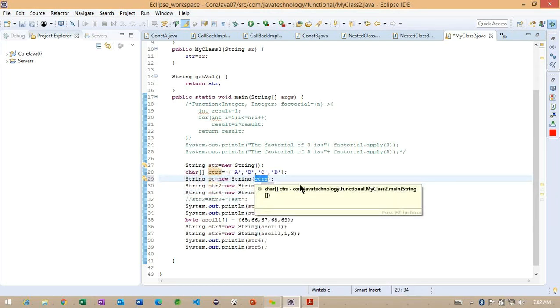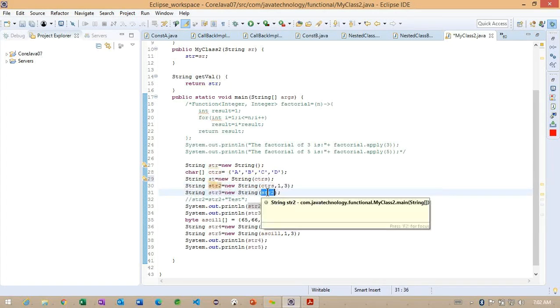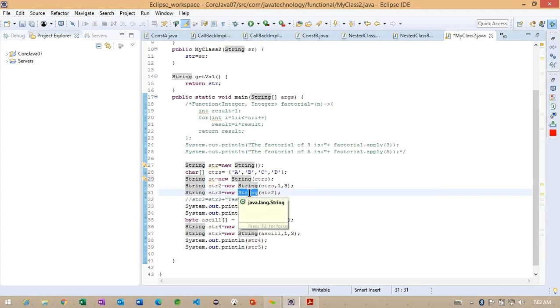So this is one more constructor. Carefully observe, these are the different types of constructors.